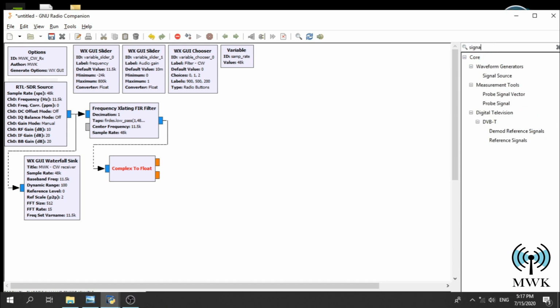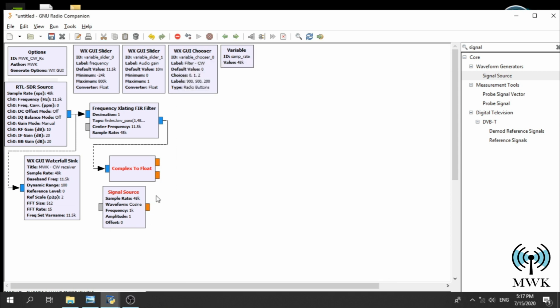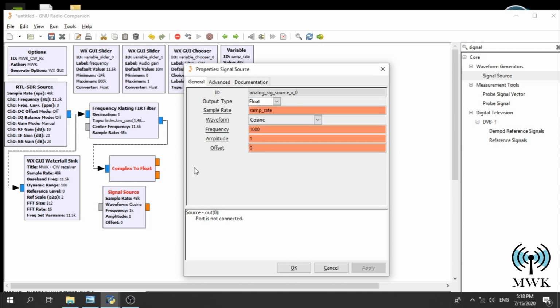Okay, now we need to bring a signal source block. So let's bring a signal source. Let's put it here. Make sure the output type is float. As you can see, because it's float, the output, the input, I'm sorry, and the output, as you can see here, it's blue. When you change it to float, now it goes orange, so you can connect them together. You can't connect from here to here because it's a different protocol. So make sure it's float here,